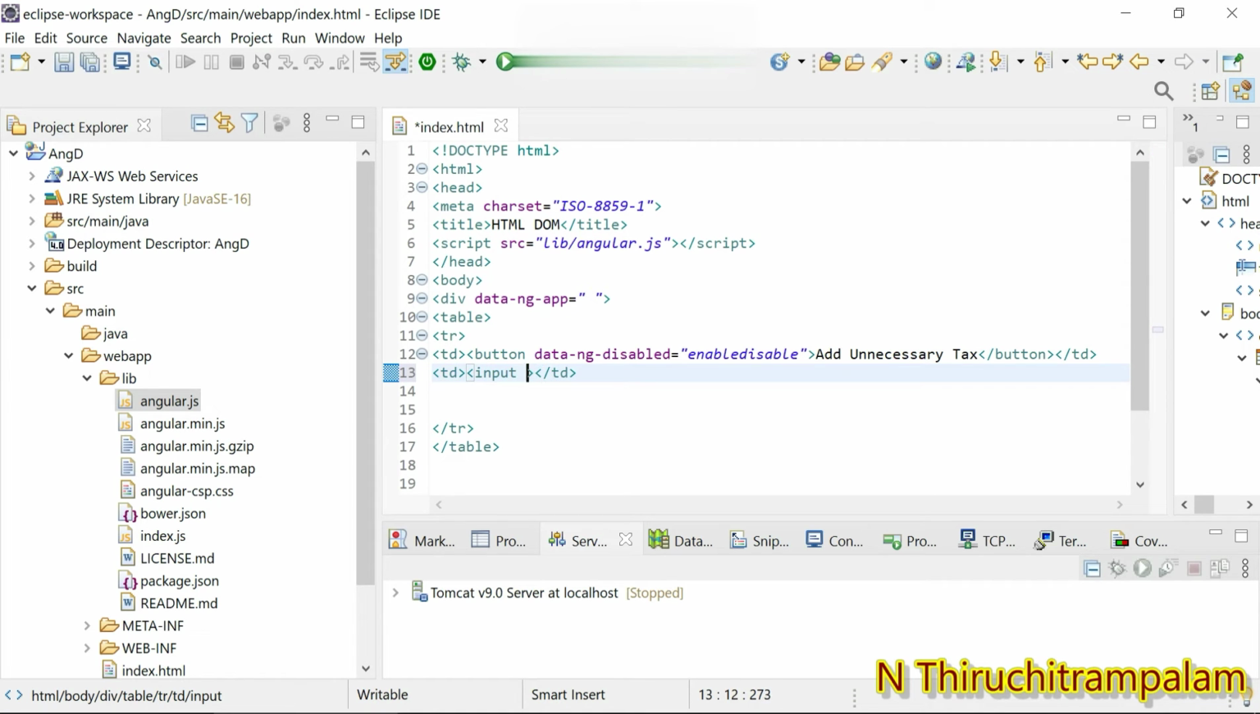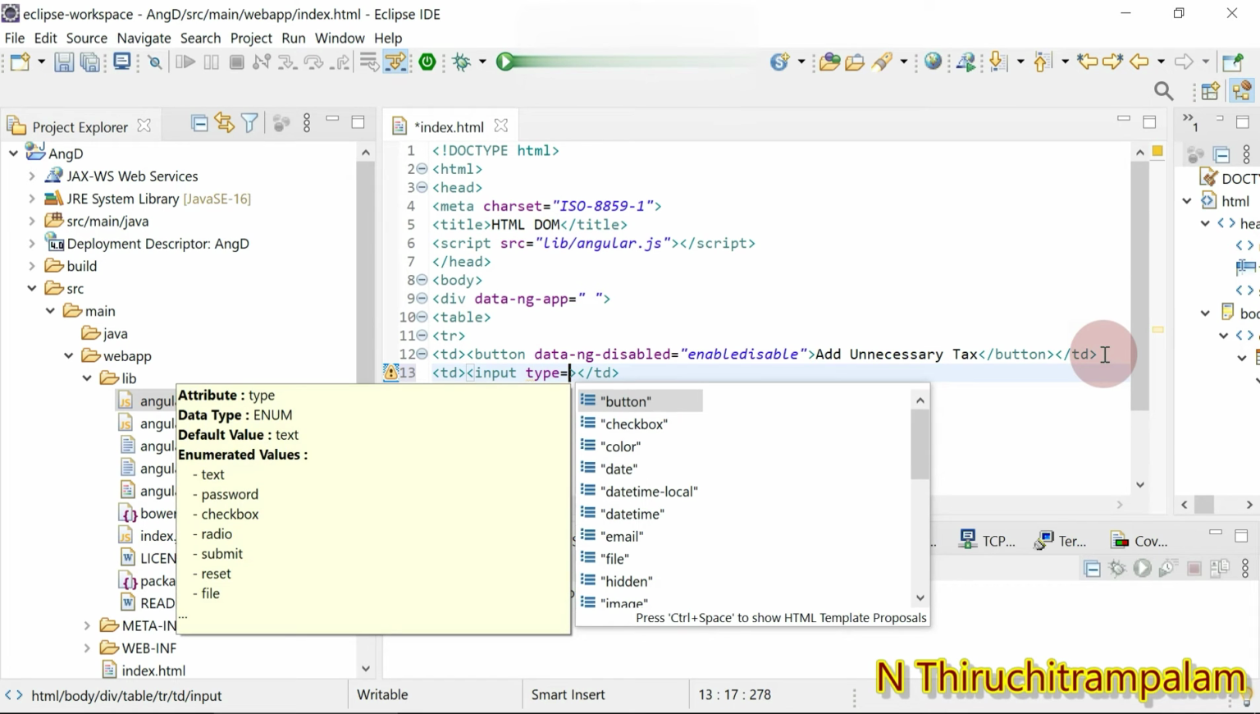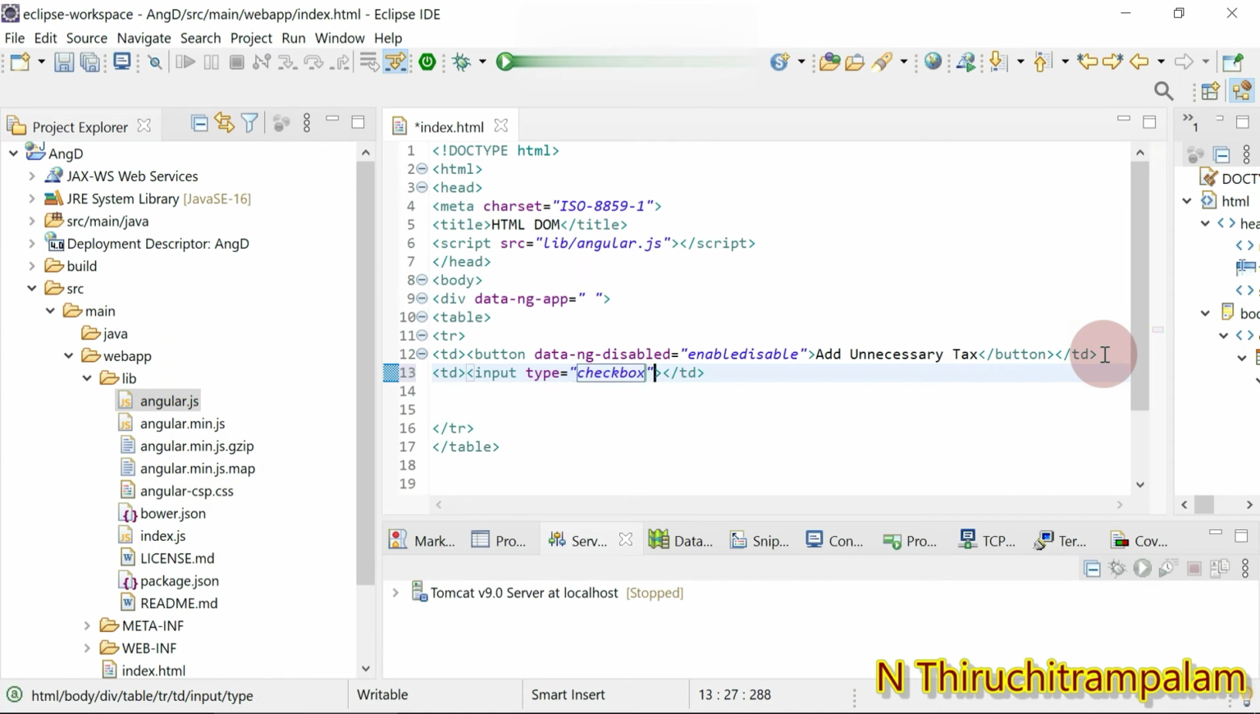Within this input, I'm going to create a checkbox. So type equal, and as I key in type equal, you can see the list of options. I just select checkbox. And here I'm going to bind the